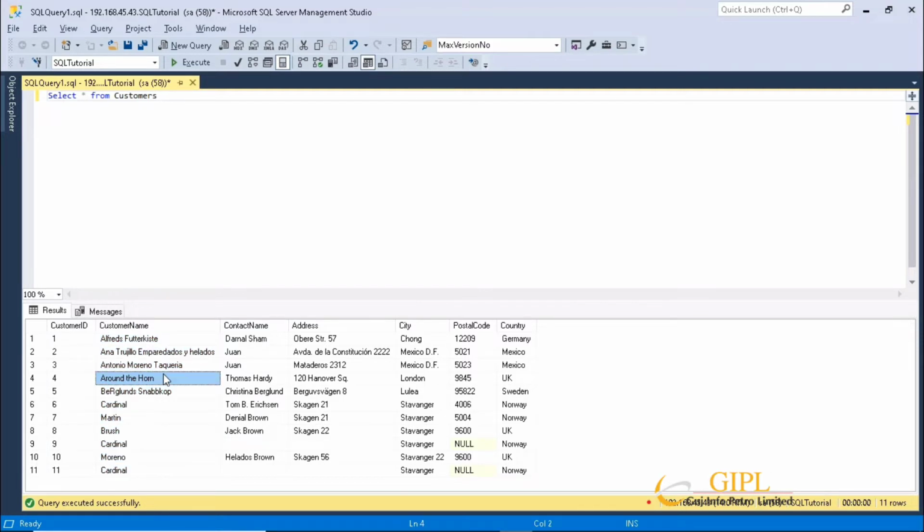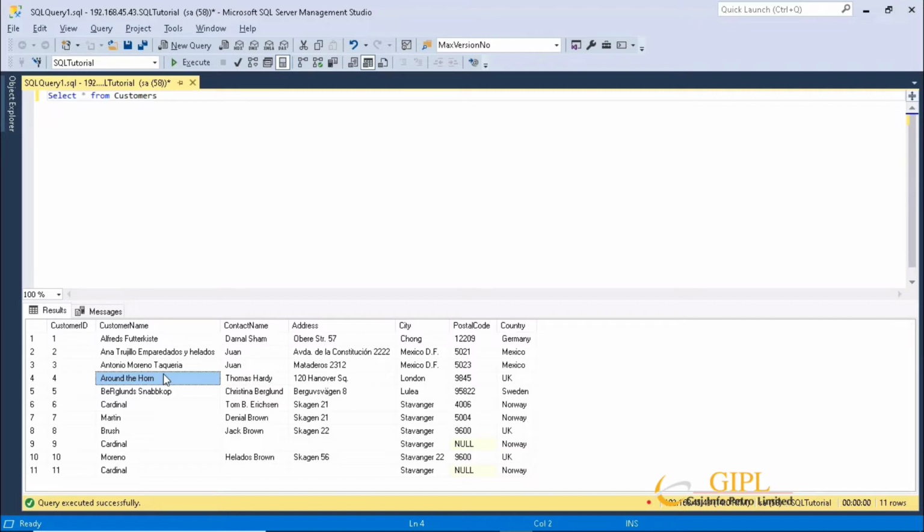The fields in the customers table consist of customer ID, customer name, contact name, address, city, postal code, and country. A field is a column in a table that is designed to maintain specific information about every record in the table.